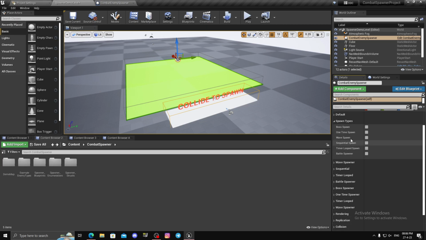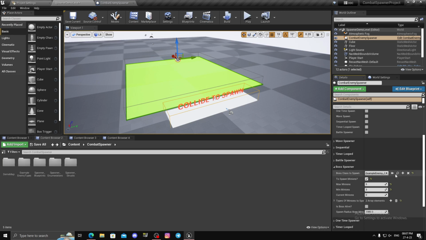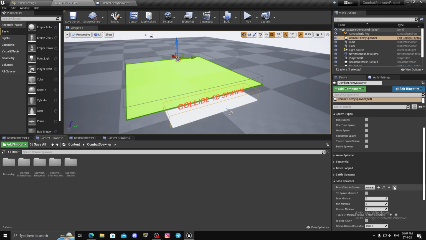All right, so for now we will go in detail with each and every system. First system, boss spawn. So scroll down, you will find boss spawner. All right, so in the boss spawner you have boss class to spawn. Right now, I have some values, I'll just remove them. All right, yeah, so boss class to spawn is basically